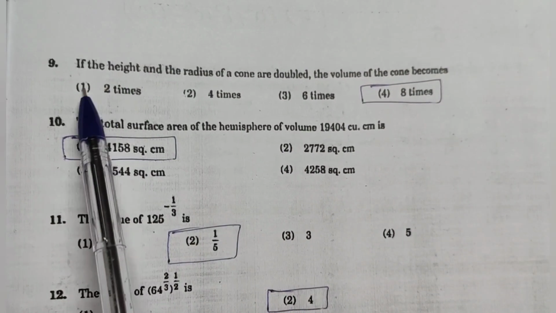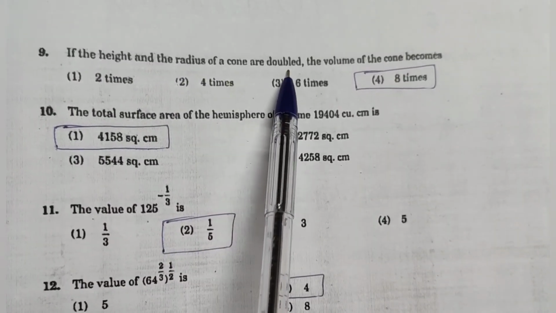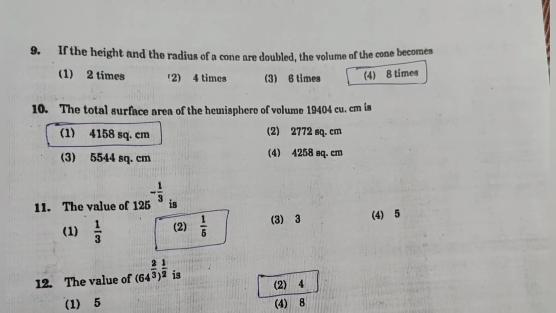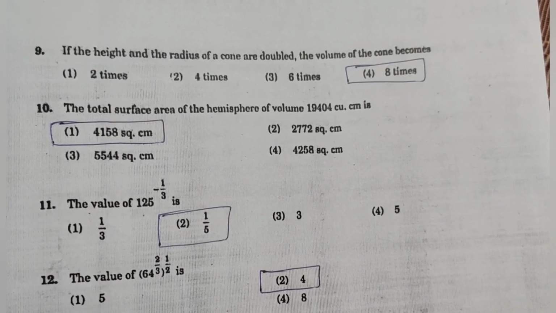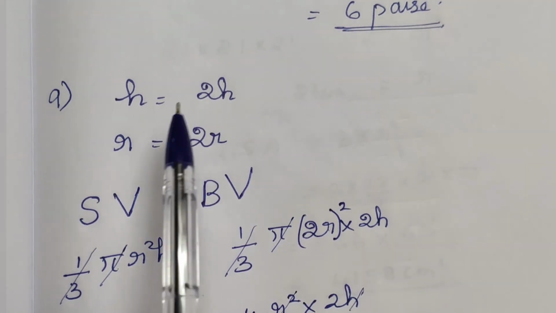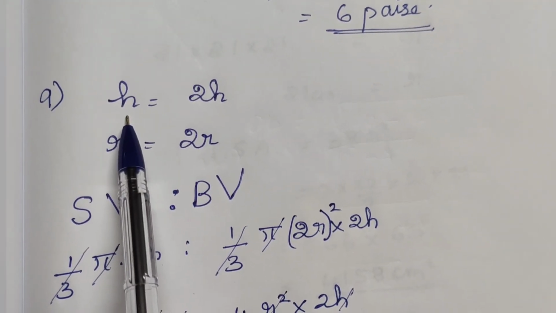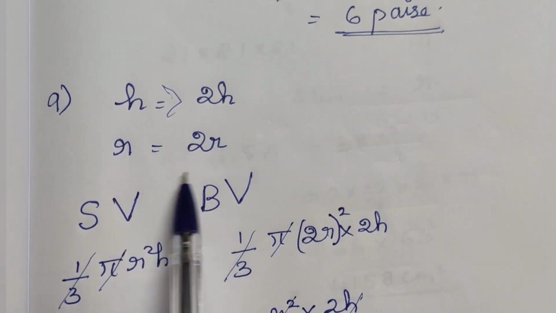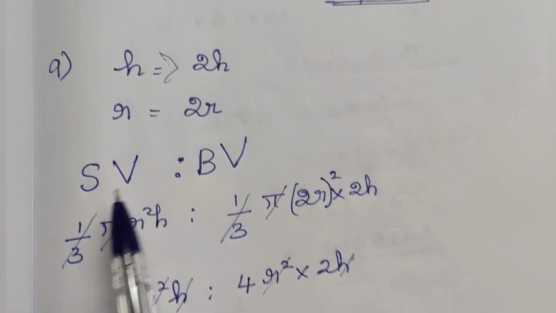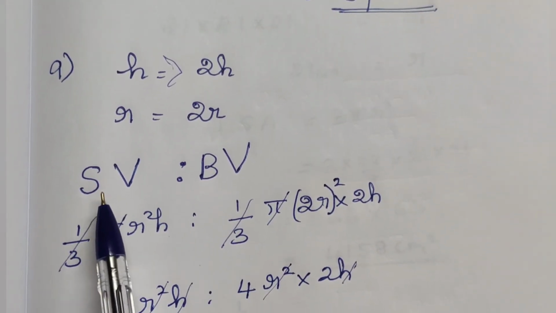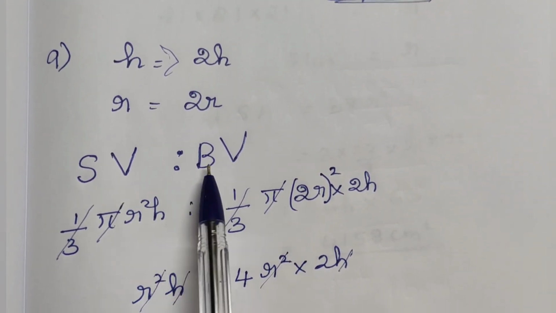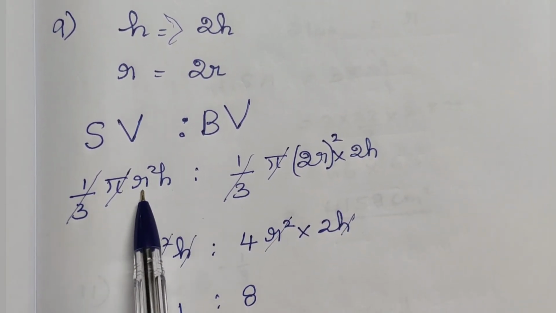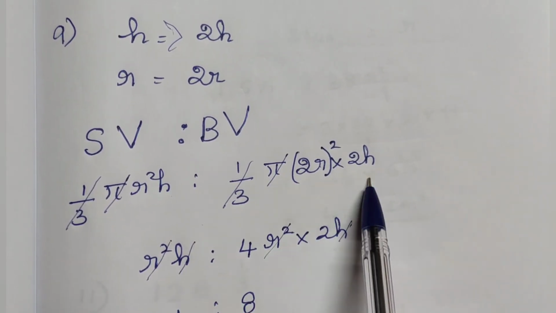Ninth question. If the height and radius of a cone are doubled, the volume of the cone becomes dash. Height and radius of the cone are doubled. Let height h, we are doubling it. Height h becomes 2h and radius when doubled becomes 2r. I am equating smaller volume is to bigger volume. Volume of the cone, smaller volume 1 by 3 pi r squared h is to bigger volume